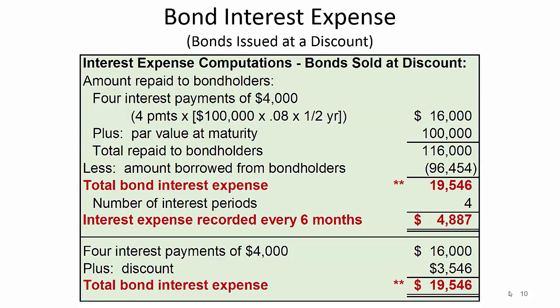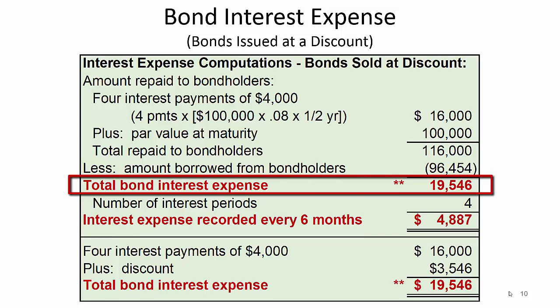Notice that the $3,546 discount is paid to bondholders at maturity and is part of the cost of using that $96,454 for 2 years. The calculation shown on this slide shows that total bond interest expense over 2 years is